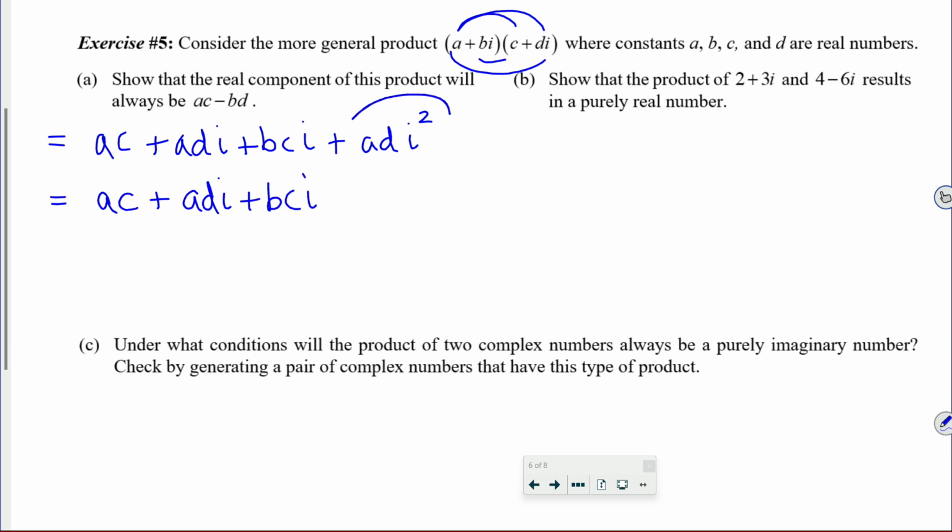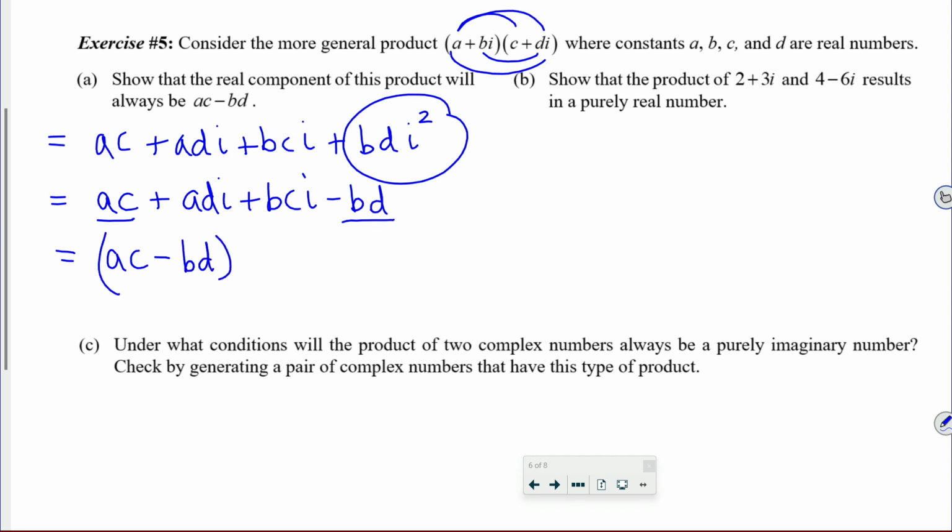So I can now replace this with negative a times d. What will I now have? Well, that's not right. Where did I get that? Oh, this wasn't a times d. That last one, I'm sorry, is b times di, so it's b times d squared. There we go, b times d. So the real portions, the portions that have no i's attached to them now, are ac minus bd, and I'll